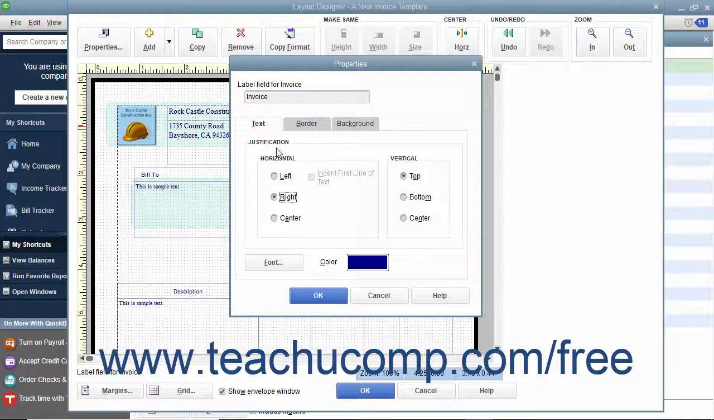In the Justification section, select either Left, Right, or Center in the Horizontal section, and Top, Bottom, or Center in the Vertical section to set the horizontal and vertical text alignment. To indent the first line of text within a text box, check the Indent First Line of Text checkbox within the horizontal section. To select the font used to display text within the object, click the Font button to open